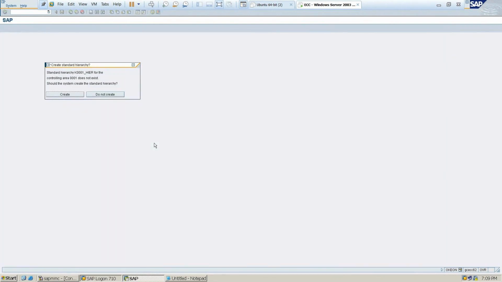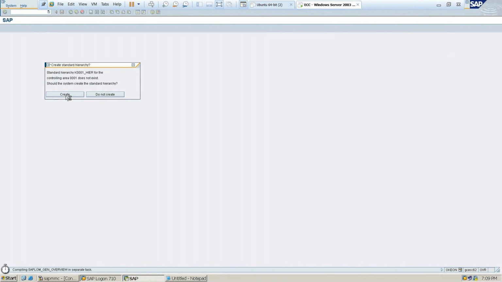So here you select create. One standard hierarchy will be there for every SAP, meaning everything is integrated and they will already create it.